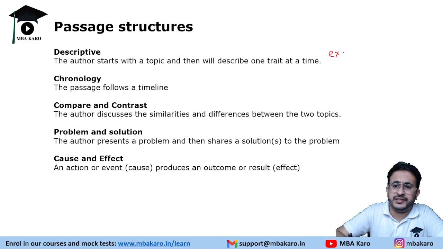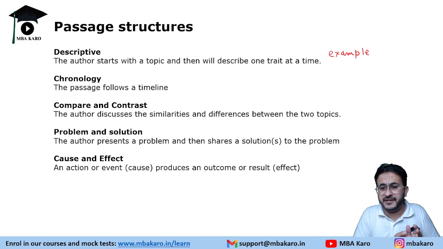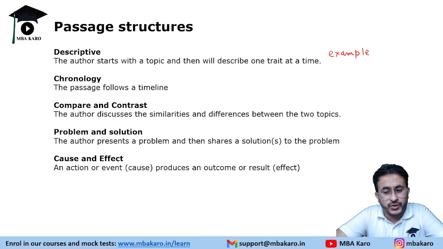Right? So in this, the author describes the features, gives a lot of examples, and will maybe tell some stories, etc. Now this descriptive type can be in any genre. It is not necessary that it is going to be arts and culture. It can be in science and technology also. It can also be a business passage which may be descriptive in nature. So let's say a theory has been described in detail. It could be a scientific theory, it could be some theory in psychology, it could be the culture of a country, anything.